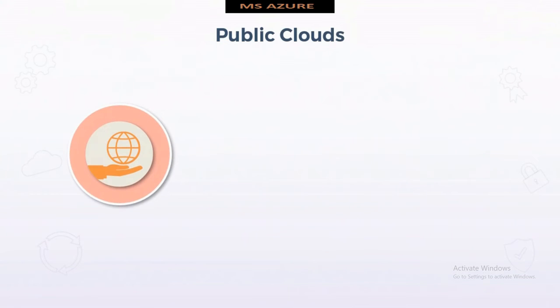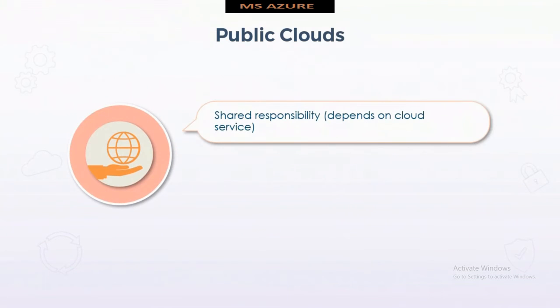In the public cloud, there is a shared responsibility. The shared responsibility really depends on the cloud service deployed. As an example, imagine you've deployed a virtual machine in Azure. So who's responsible for that virtual machine? Microsoft would be responsible for the underlying infrastructure that makes that virtual machine run, makes it available, the underlying hypervisor server and the network infrastructure, the storage arrays that make virtual disk storage possible, all of that stuff is Microsoft's responsibility. But if you've manually deployed a virtual machine as infrastructure as a service or IaaS, you as the customer